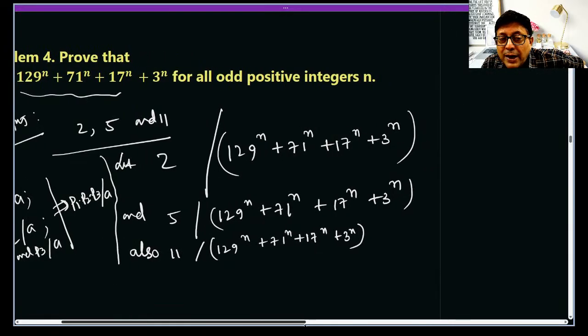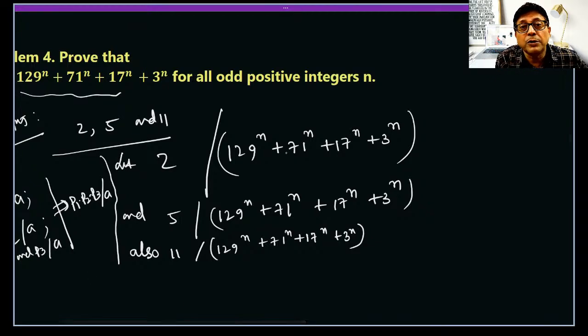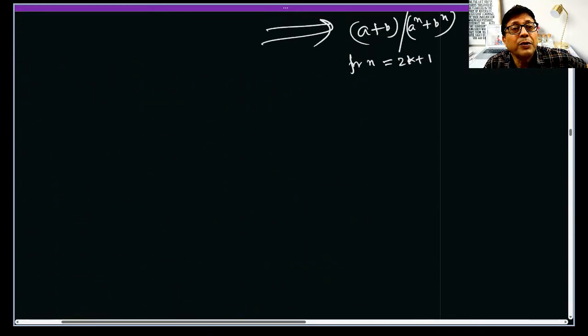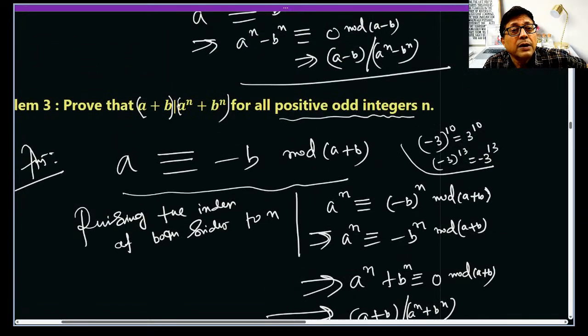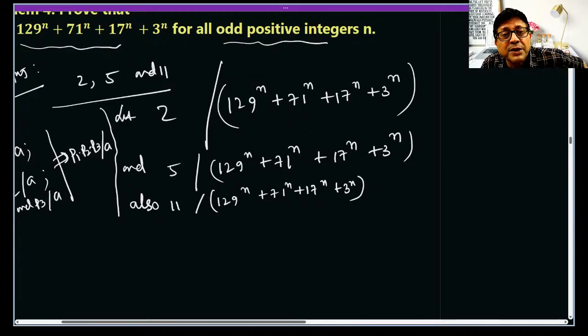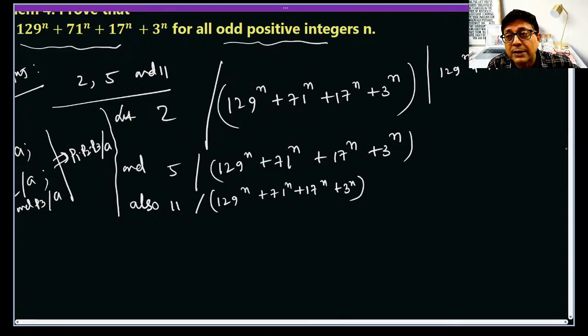And we have just proved that a to the power n, this is given odd positive integer. So we can make use of the last one, that when n is odd, a to the power n plus b to the power n is divisible by a plus b. We can make use of this. N is odd. Now 129 to the power n plus 71 to the power n is